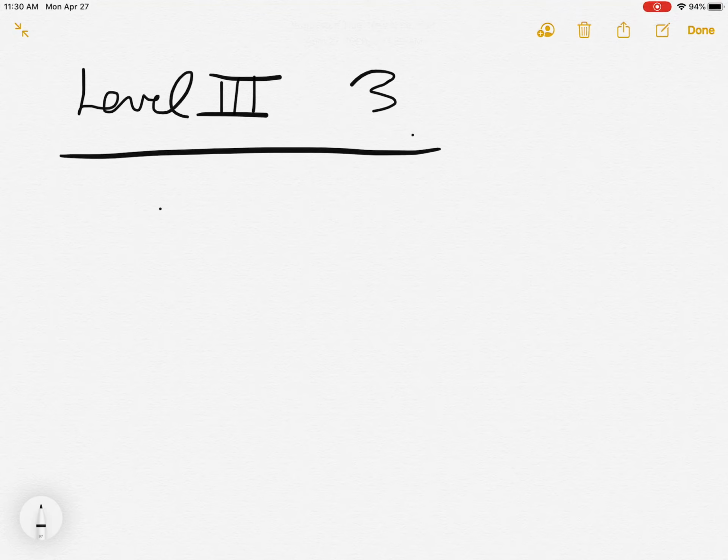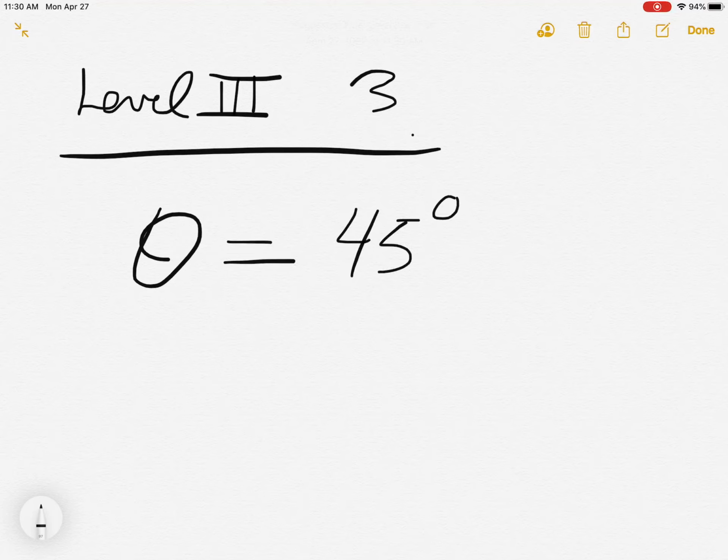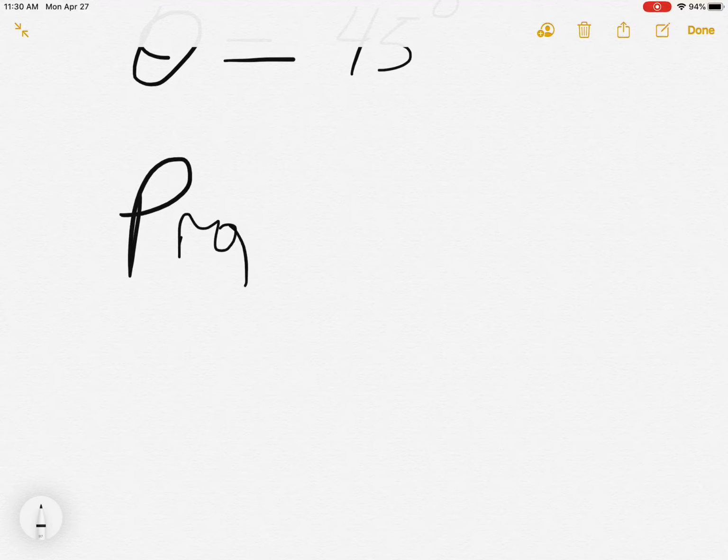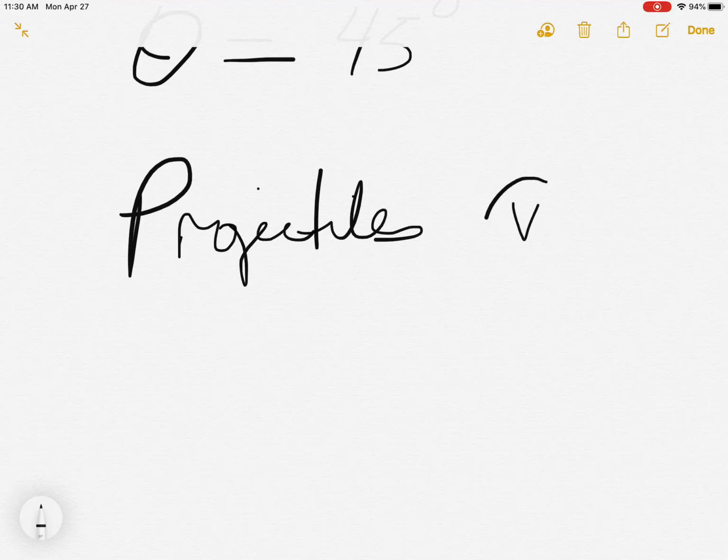Okay, here we are, level 3, question 3, and I have to apologize for this because when I looked at the question, there's no angle given for the cat. So I think many of the problems would be the angle, so I decided we'll just use a 45-degree angle and see what happens. And then once you know the angle, obviously what you can do is you can use projectiles,